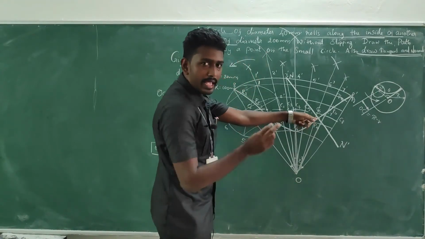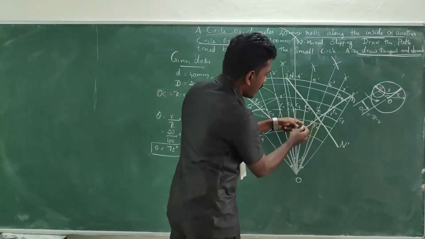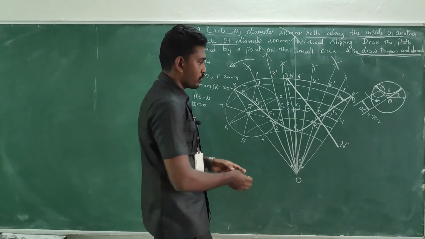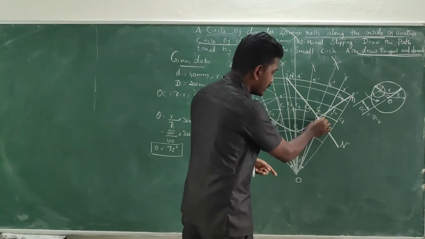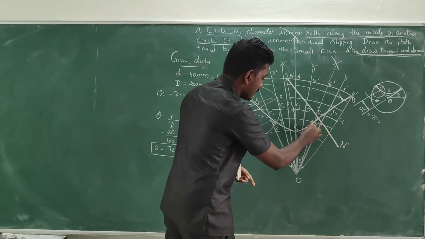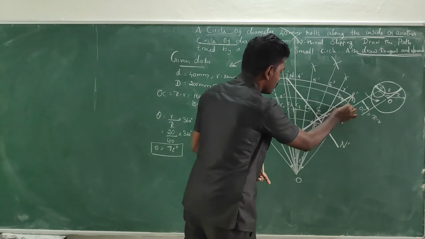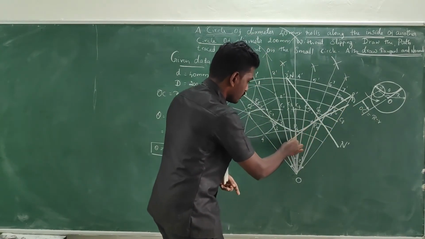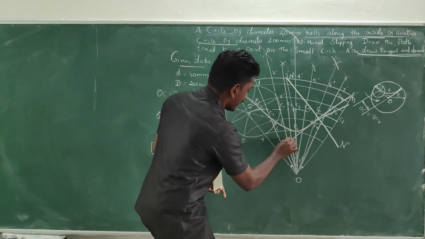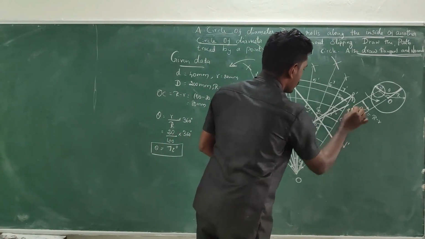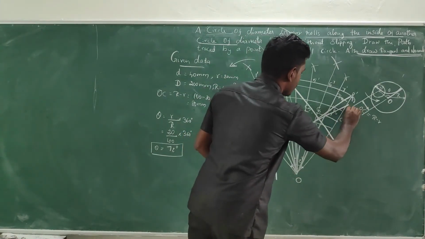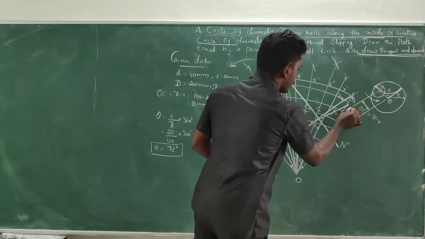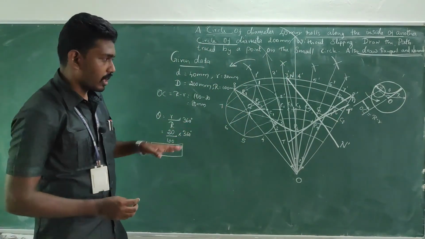And if you draw a 90-degree line passing through the outer periphery of the profile, you can say it's a tangent. So keep your protractor, measure 90 degrees and pass a 90-degree line. It should touch the outer periphery. So I can say this is T and T dash. Okay. Now all the construction work is over.